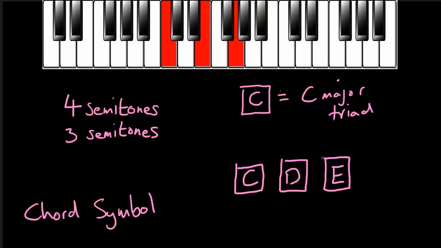There's my C major triad built from C, E, and G. There's my D major triad built from D, F sharp, and A. And here's my E major triad built from E, G sharp, and B. And so we can find this wherever we want on the piano by following one of the 2 methods that I've just shown you. Either we go and find the first note, so we want a F sharp major triad,